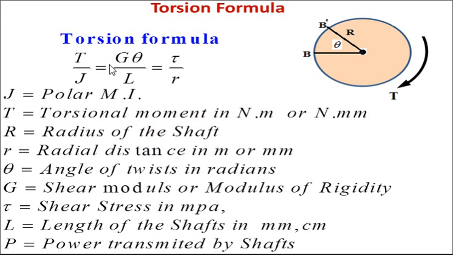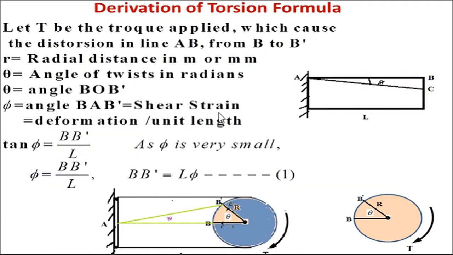This equation you have to use to solve the numericals. But before going for numericals, we will first discuss the derivation of the torsion formula, how it is derived. So initially you have to consider this particular shaft AB. Okay, shaft AB, and now apply a small moment like this, a torque or torsional moment, to this particular outer periphery. So I have taken a cross section from this particular shaft.